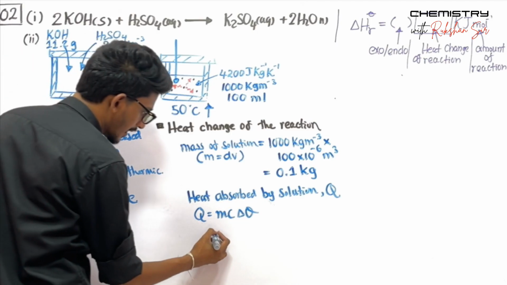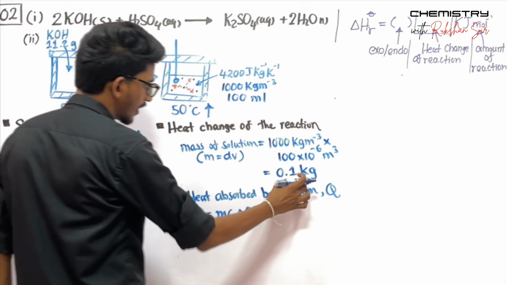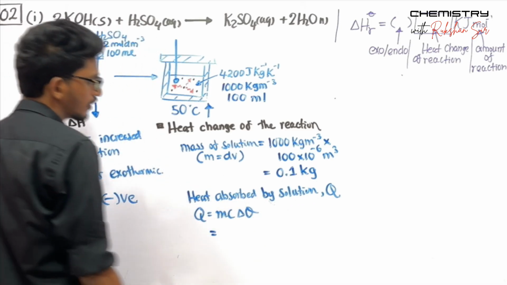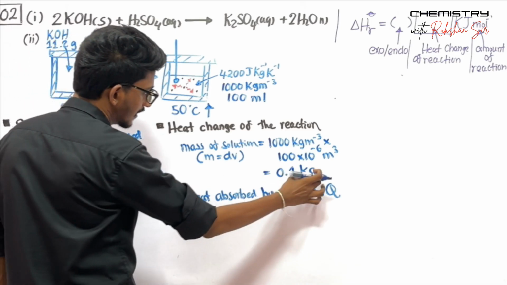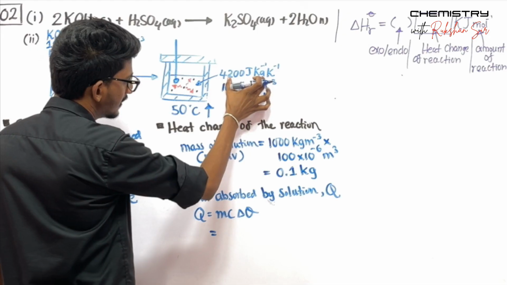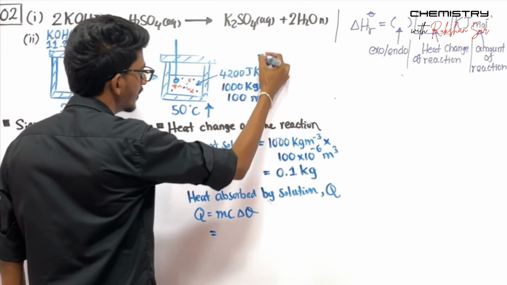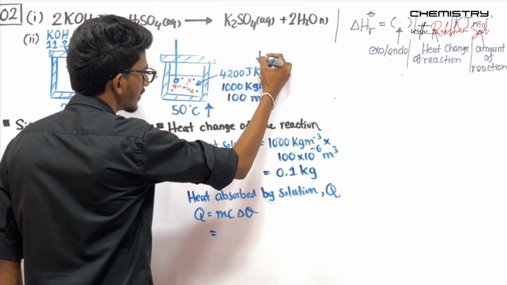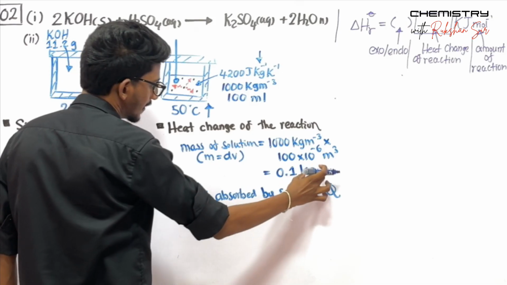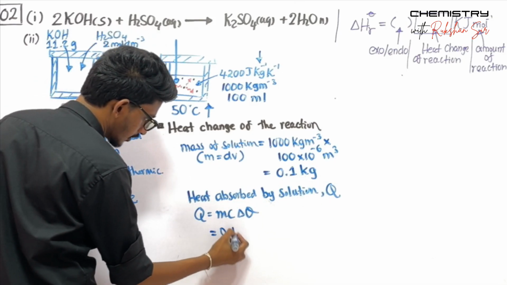So m is the mass of the solution, 0.1 kilograms. We have to think whether to apply kilograms or grams. Just see the specific heat capacity C. It is given in kilograms, so you have to apply your mass in kilograms, right? So 0.1 kilograms